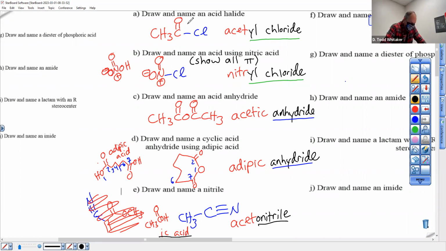You got 2 bonds to O, bond to Cl. 2 bonds to O, bond to Cl. Oh, you're saying nitrogen and chlorine have the same electronegativity. It's based on carboxylic acids, the definition, okay? So let's just stick with the carboxylic. There you go. 3 bonds to O, 3 bonds to O, 3 bonds to N. More electronegative than C. Winner, winner.